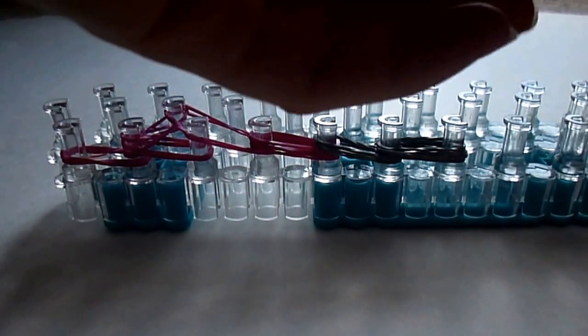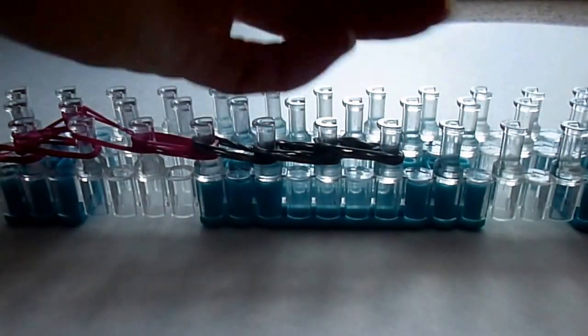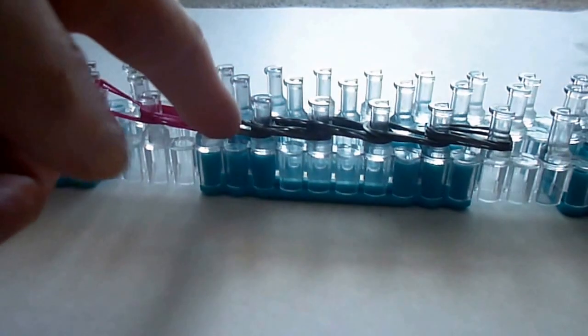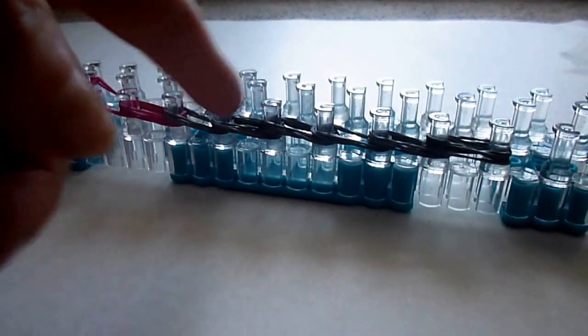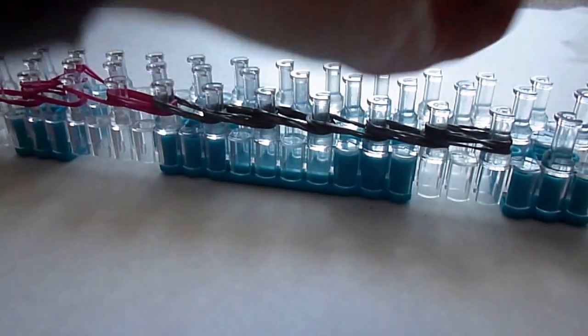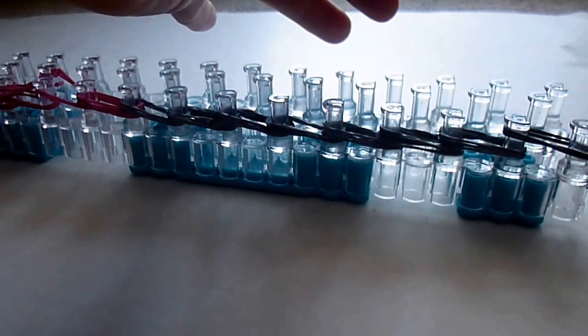And then 4, and 3, and 4, 3, 5, 4, 3, 4, 4 again, and 3, and 2, and you're going to take 3 bands,